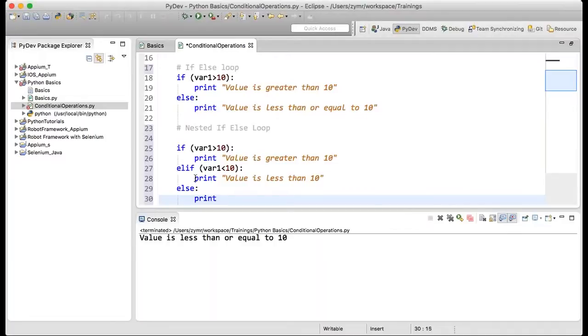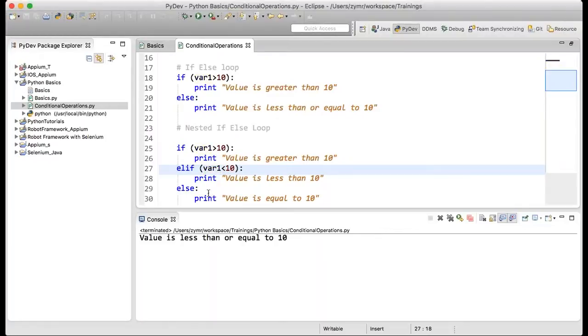So print the option that is left: value is equal to 10. So if var1 is greater than 10, no, because var1 is actually having the value 10. Then it goes into this elif statement verifying if var1 is less than 10, no.